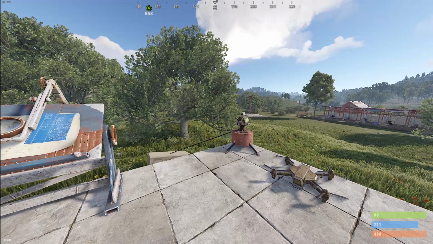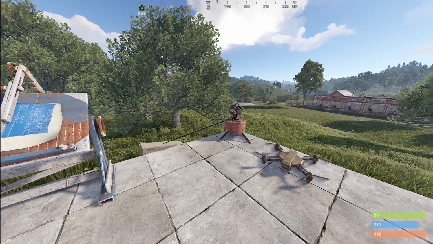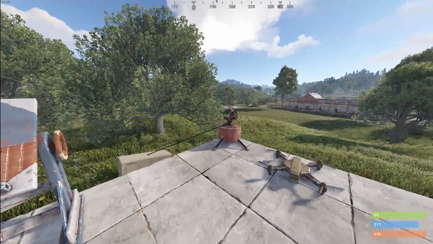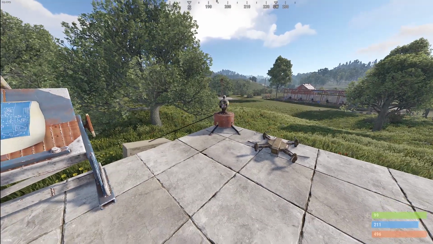How's it going, everyone? We're here to check out what is in today's update for Rust, and it's a bit of a small update, but that's because there's a lot of big stuff down the pipeline. The team is still working on a new DLC that's coming out, possibly new skinnables, some first party, some for